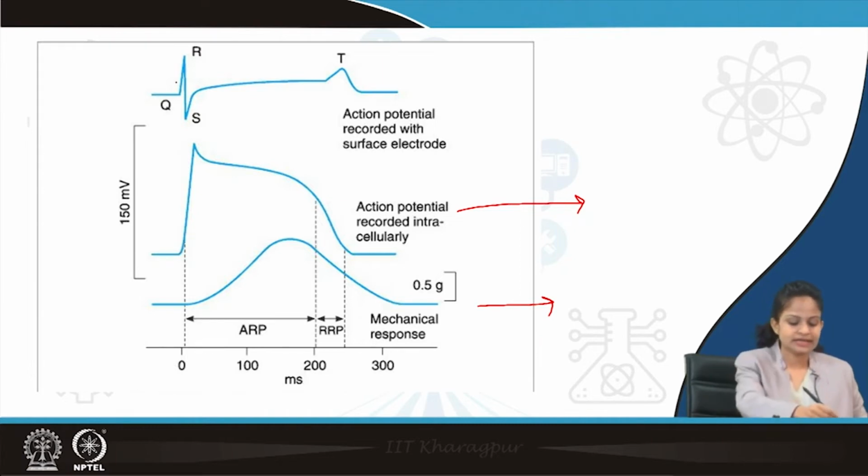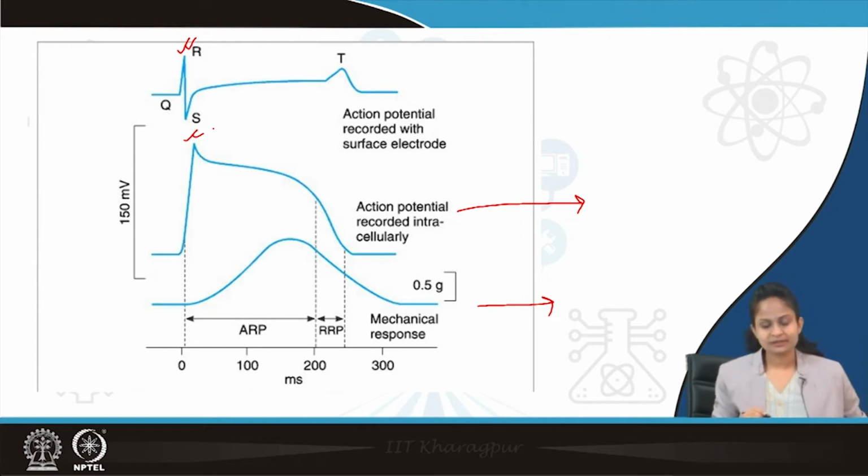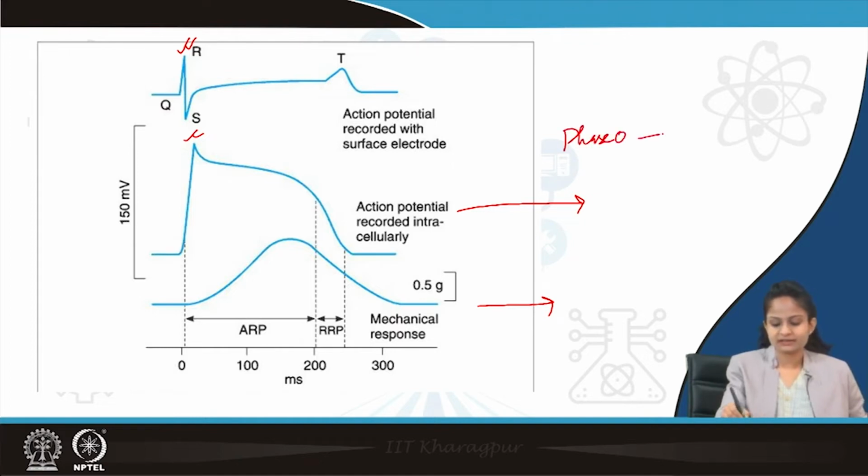In an ECG we have the PQRST wave. The R wave of the ECG coincides with the depolarization phase of the action potential, because the R wave is nothing but the ventricular depolarization. So, this is action potential phase 0, which is nothing but the depolarization that occurs because of the influx of sodium ions. So, this will coincide with the R wave of ECG,